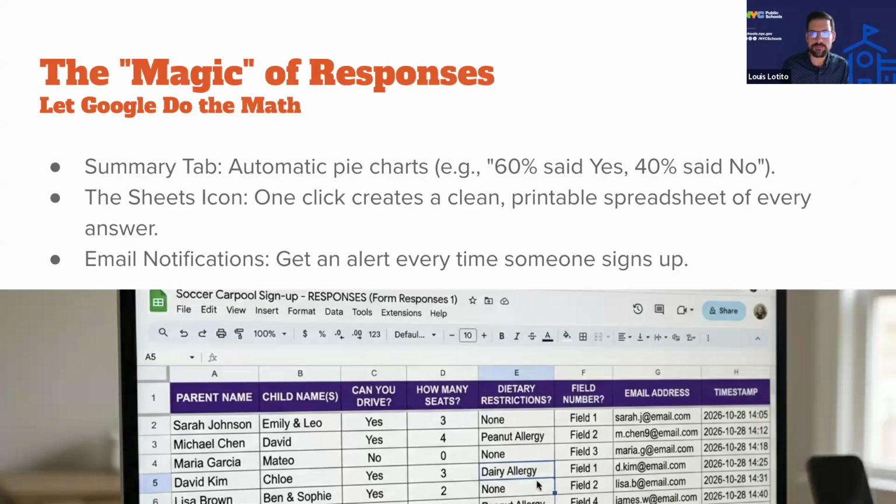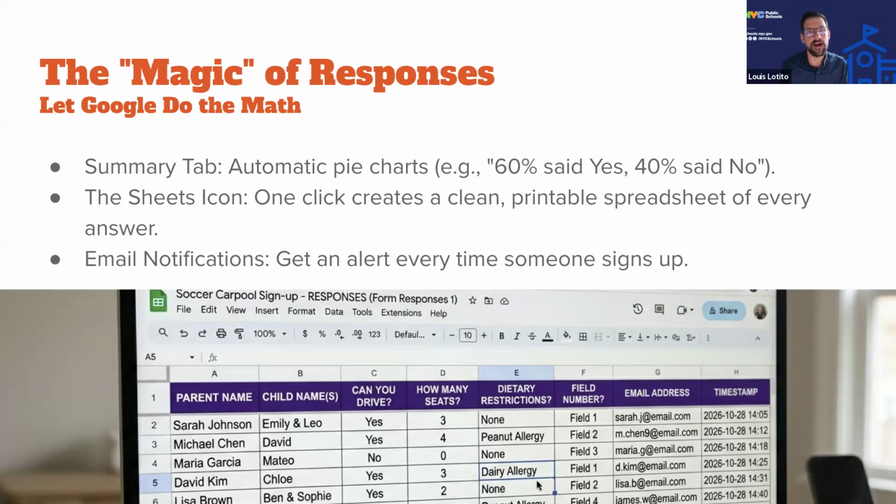So when we have responses on a form, you can see those responses in a graph, a pie chart to see the percentages of each response. You can also see, if it's a text box, what the response was. But you can also export or open up the responses into Google Sheets, which will look like a spreadsheet with all the responses from all your families. And this is usually what you'll want to get when you're looking at the results from a survey.